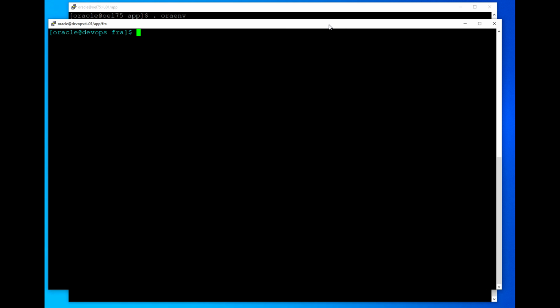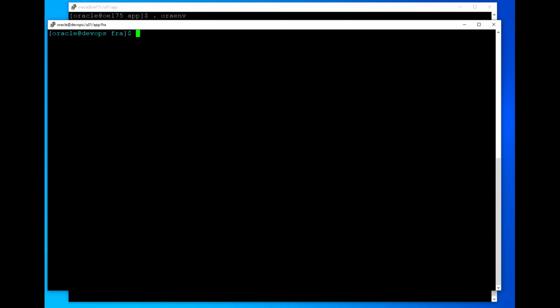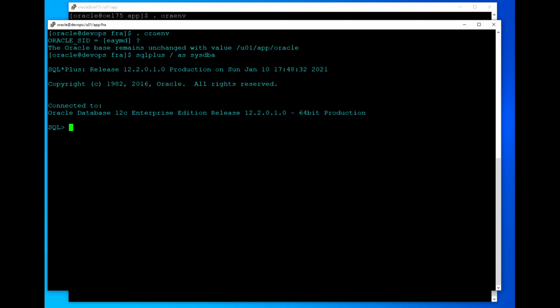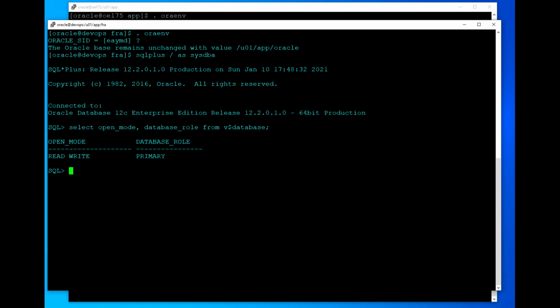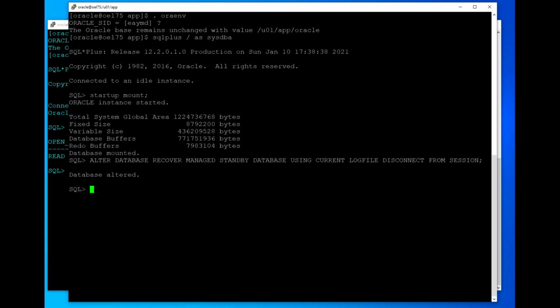I have got two servers. The primary server is here, you see that this is DevOps, where my primary database is running. Let me connect there. So this is my primary server. The database version is 12.2, and if I go to the standby server, which is OEL7,